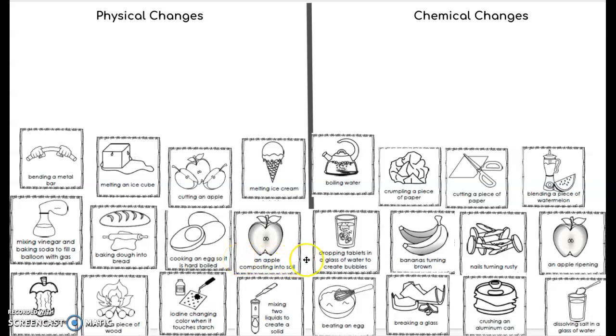composting into soil, dropping tablets in a glass of water to create bubbles, bananas turning brown, nails turning rusty, an apple ripening, eating an apple, burning a piece of wood, iodine changing color when it touches starch, mixing two liquids to create a solid, beating an egg, breaking a glass, crushing an aluminum can, and dissolving salt in a glass